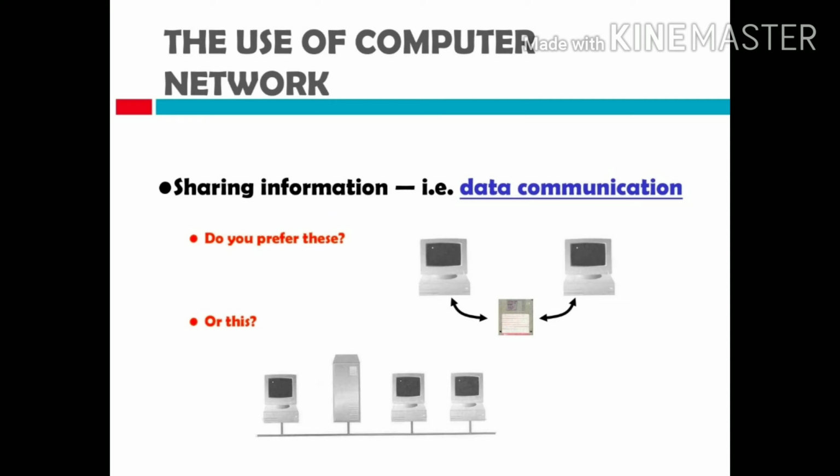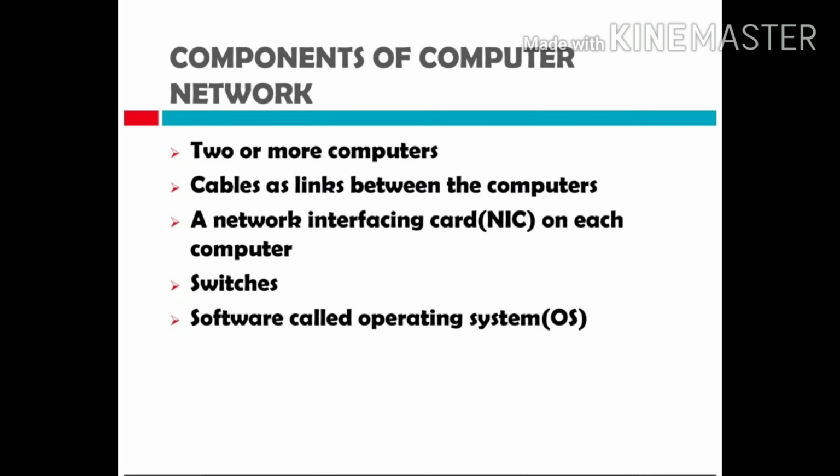We can take an example of PDAs, your pen drive, or a hard disk. If we want to share from one hard disk to multiple systems, so if we want to share our data with multiple systems, for that we need a network. एक से ज़्यादा सिस्टम में शेयर करने के लिए we require a network. So see, two systems are there and one hard disk is sharing over the network to multiple systems. Now you can see the second diagram. In between there are three systems. In the first there are two systems, and in the second more than two systems in which data is shared through the network.